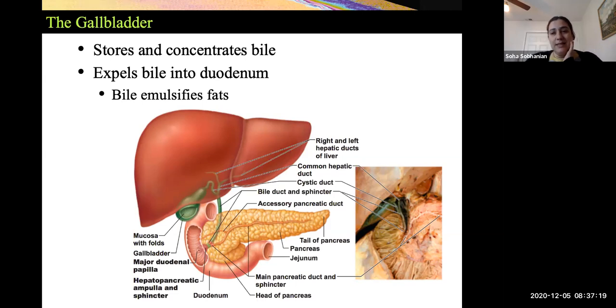So again, notice the little sac, that's your gallbladder. Here is your cystic duct. The cystic duct connects to the bile duct and eventually empties into the duodenum. And again, what is the goal of that bile? The bile is to emulsify fat. Remember, guys,